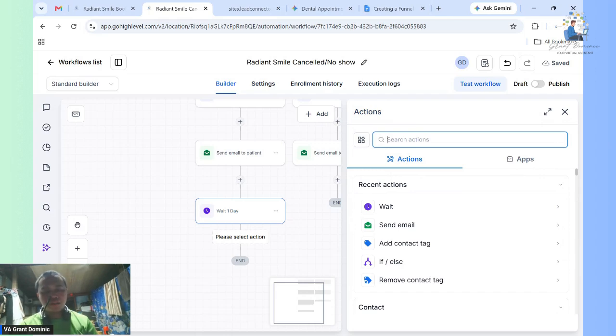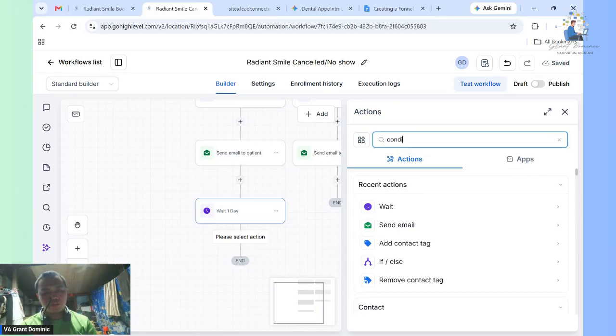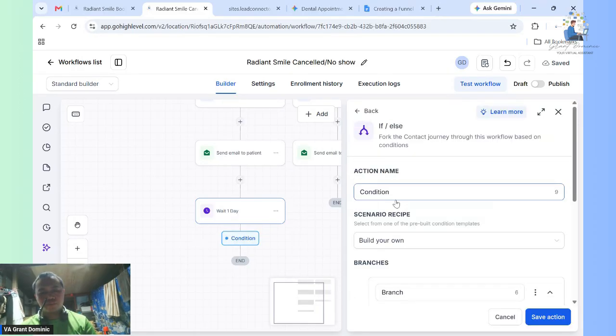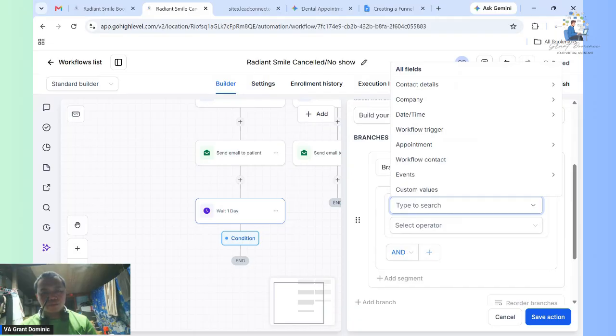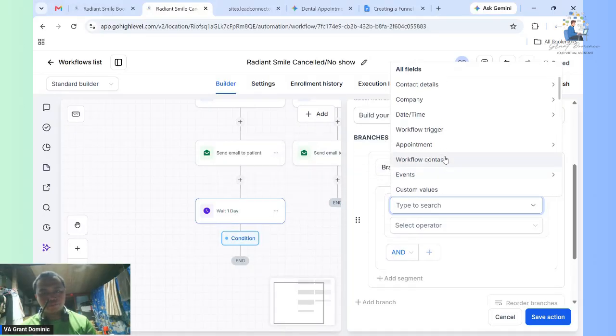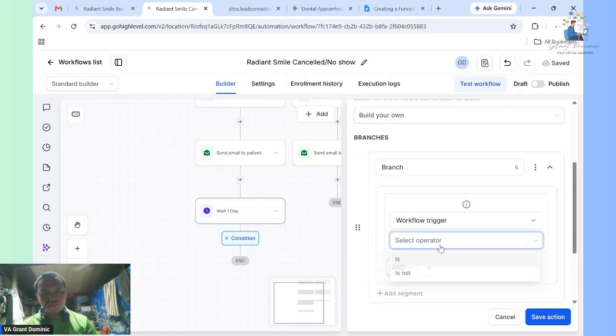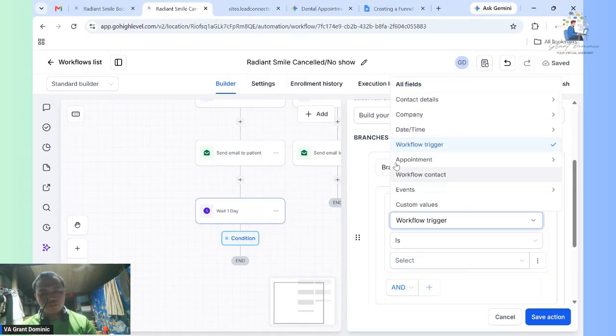so we will add a condition. If, let me check that. Not this one.